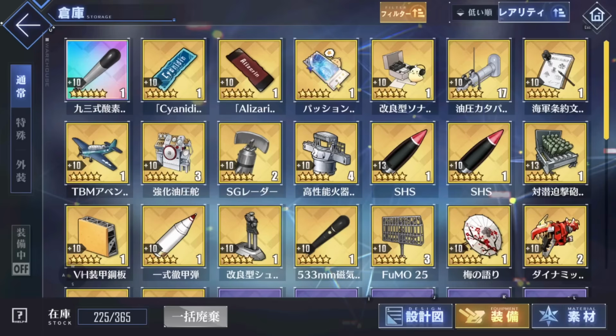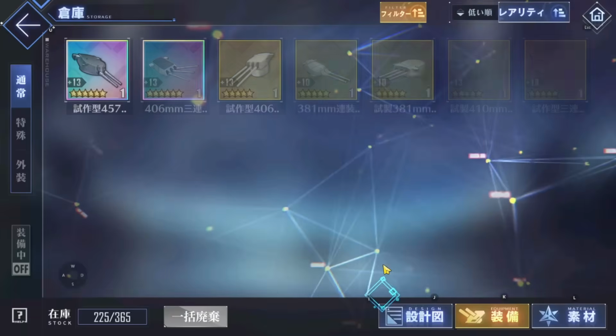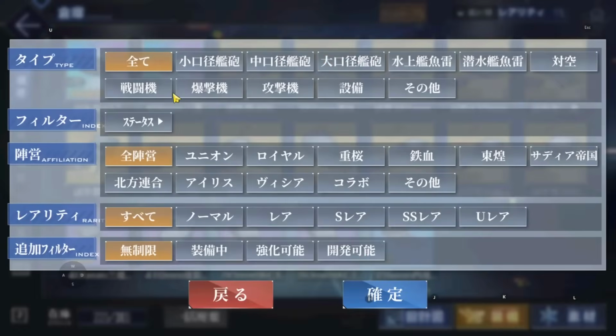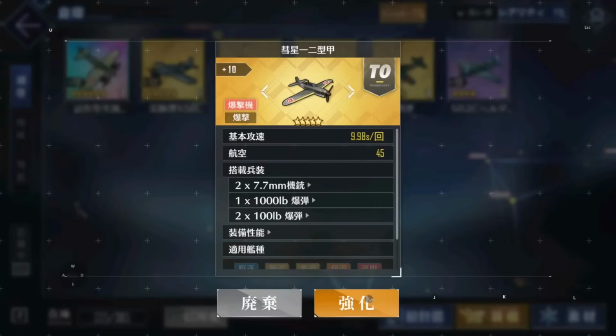A couple examples of equipment I would not personally recommend upgrading despite being very good are the prototype twin 406mm SKC and the dive bomber Suisei Kai, both of which are primarily used for their relatively low cooldowns without sacrificing too much damage. The second trap that people fall into is upgrading multiple pieces of equipment to plus 11 or plus